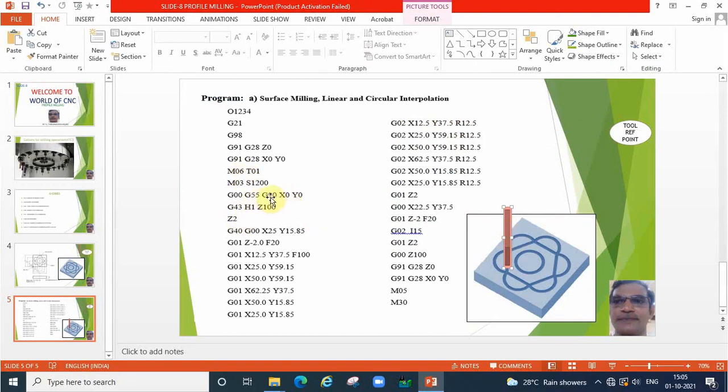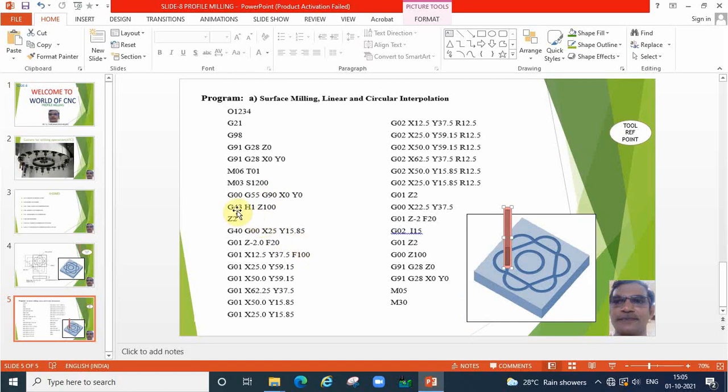So why are we writing G90? Next we are going to write the coordinate values. Incrementally we have moved the cutter to the reference point. After that, while bringing the cutter back to write the program, we have to input G90, so that all the values will be from the reference point only.